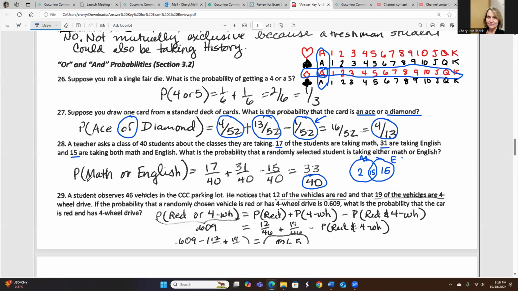But if we use our formula that says the probability of this or that, we add the probability of the math people, which would be the 17 total out of 40, the probability of the English people, that would be the 31 total out of 40, minus the 15 that we counted twice, because we counted this 15 when we added 17 and 31 together. So when you take 31 plus 17, you get 48. If you subtract 15 from that, you get the numerator of 33 over 40, which is the answer to this